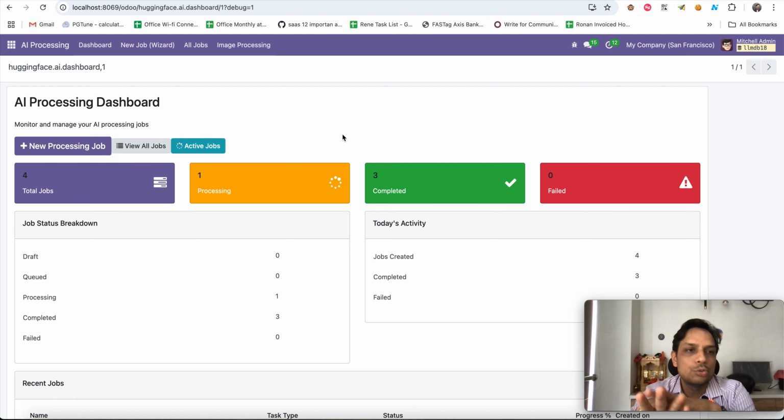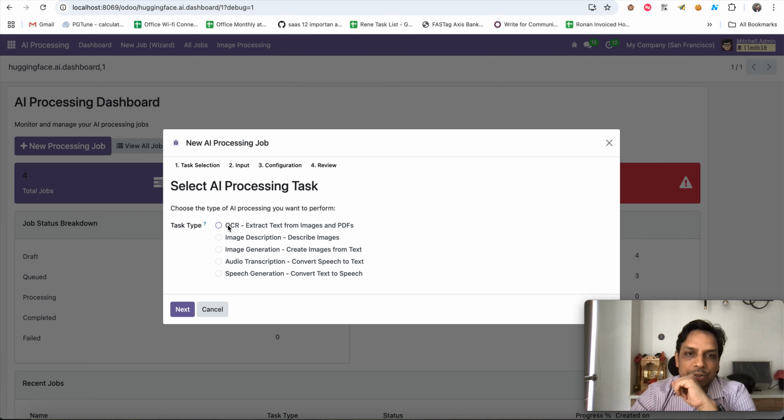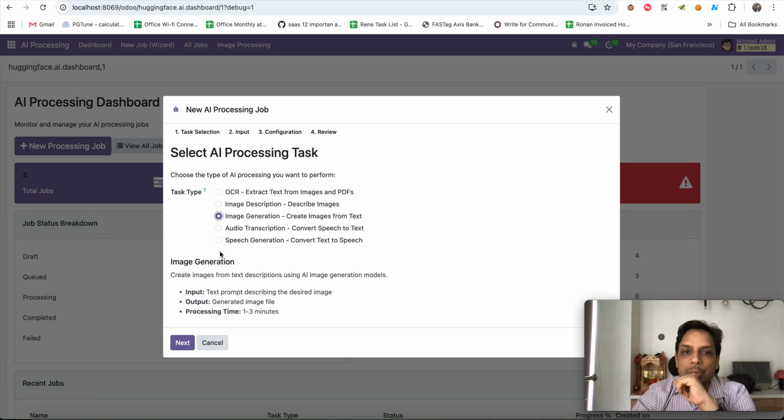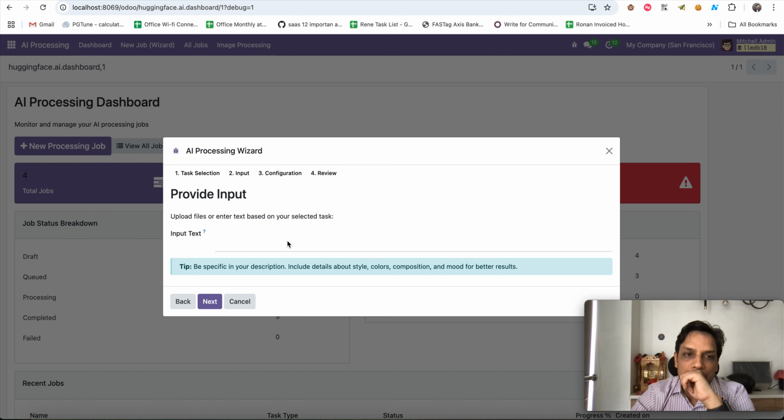But these two tasks are currently running and completed, which is OCR, and I'm just adding one more task, which is image generation from text. So I'm just putting in one text, like: create